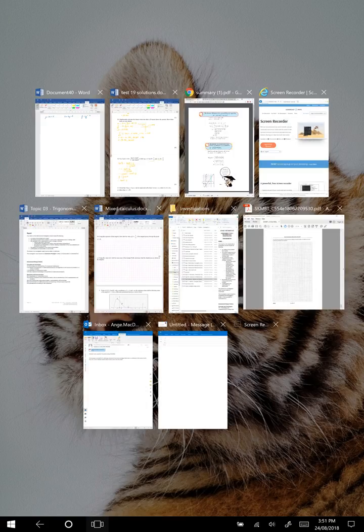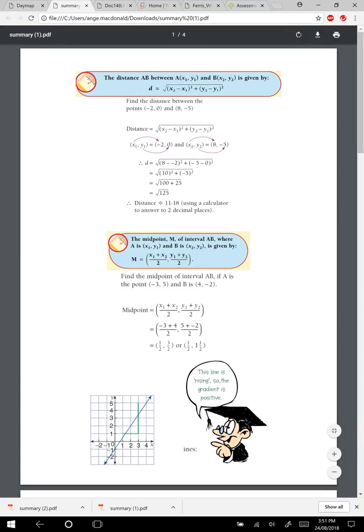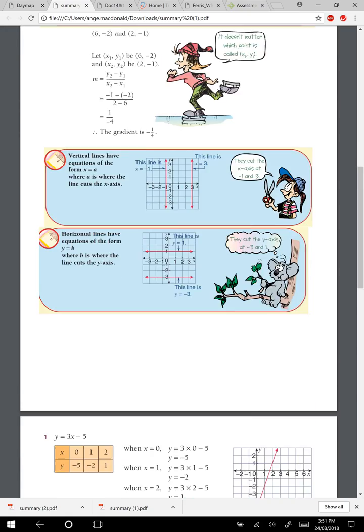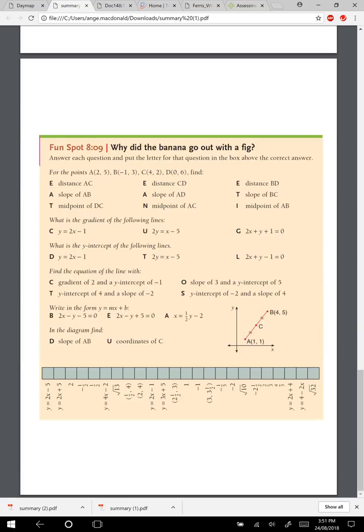Okay, this video hopefully will run through the banana sheet. So for those of you who are having trouble or were absent, it's this one here. It's at the back or right at the end of the summary sheet that you will find on Daymap. So it takes you through and asks you to find the distance between 2 points, the slope between these points